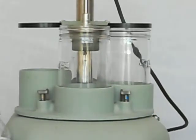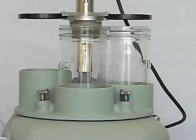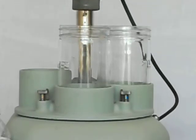Now this machine has a specific spin-off delay function, which I've incorporated into the machine, and you can set that delay anywhere from 1 second to 30 seconds in addition to the machine's delay function. This allows more material to be spun off the basket and the watches and back into the jar, and less contamination that you're moving forward into the rinse section. So now the delay is completed, the basket will raise, and then you'll move to the